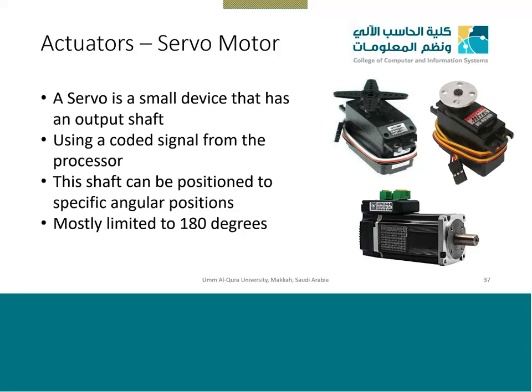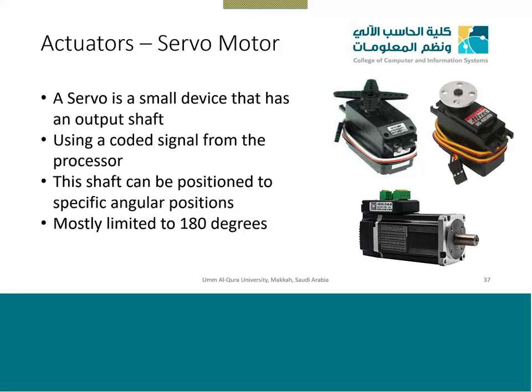We can use them, for example, if we want a hardware solution to press the button on a lift without touching it. A servo can be connected there, which can press a button, and it will take you to one floor. Then you can give it another input, and it will move and press another button. So usually servos are used where we have a limited movement, for example, not more than 180 degree movement. In those cases, we use servo motors.